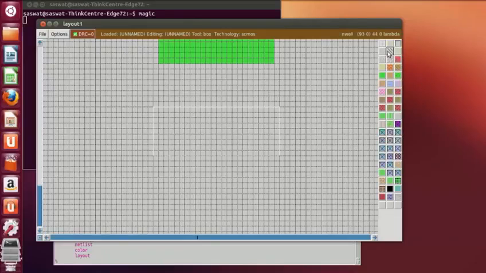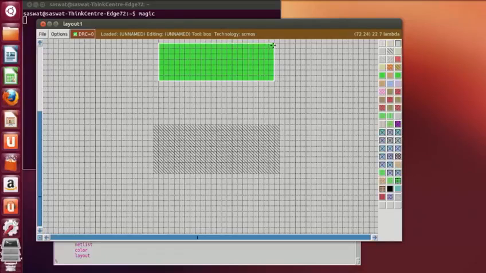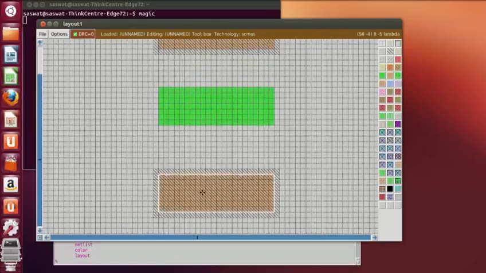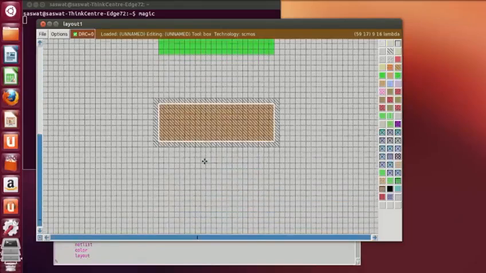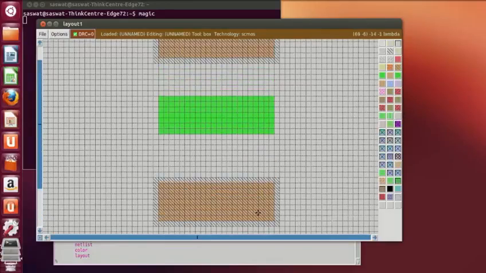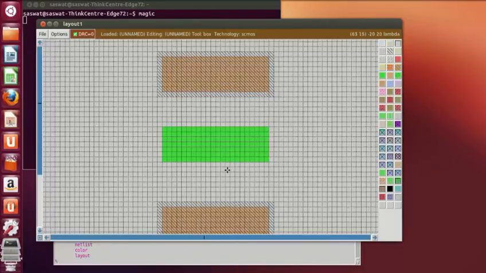Middle click on N-well. Select the area and this is P-diffusion, then middle click on N-diffusion. Okay, now